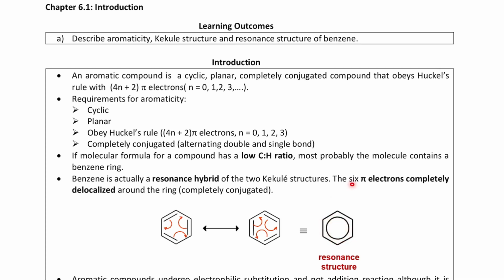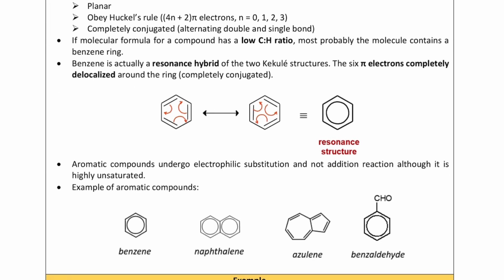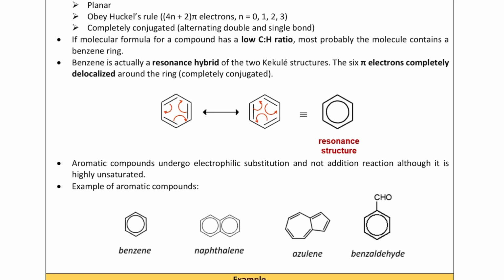Okay, so kita tunjuk kata the 6 pi electron completely delocalized around the ring. Maksudnya this pi electron, okay, ada 2 pi electron sini, 2 pi electron sini, 2 pi electron sini. So this pi electron kita gerakkan dia, so kita cakap dia completely delocalized in the ring. Okay, completely conjugated. Alright, so next one adalah aromatic compound undergo electrophilic substitution and not addition reaction, although it is